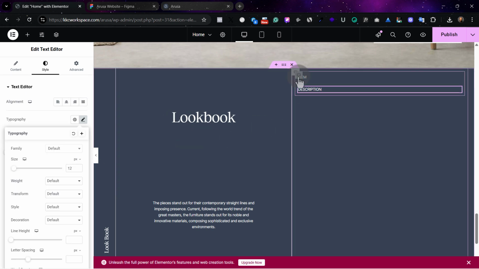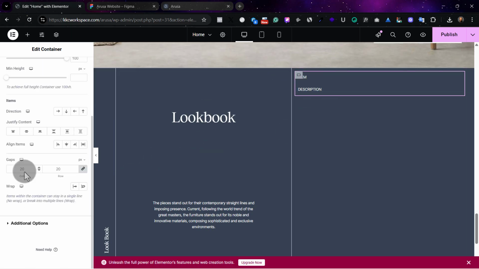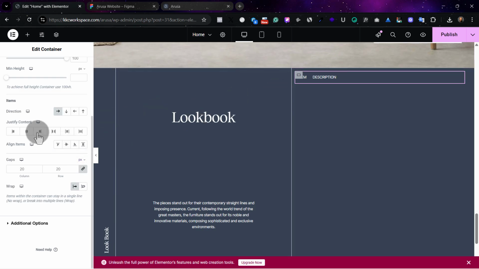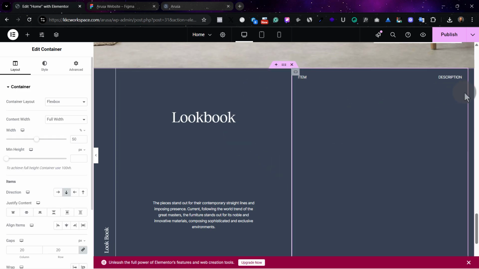Okay, good. So now we're going to select this and come down to this container here, and we're going to click on no wrap. Then we're going to make them horizontal. Then we're going to make them space between. So perfect. So now as you can see, if we want to give a stroke, say for example, now I want to give a stroke to it, at the very end,